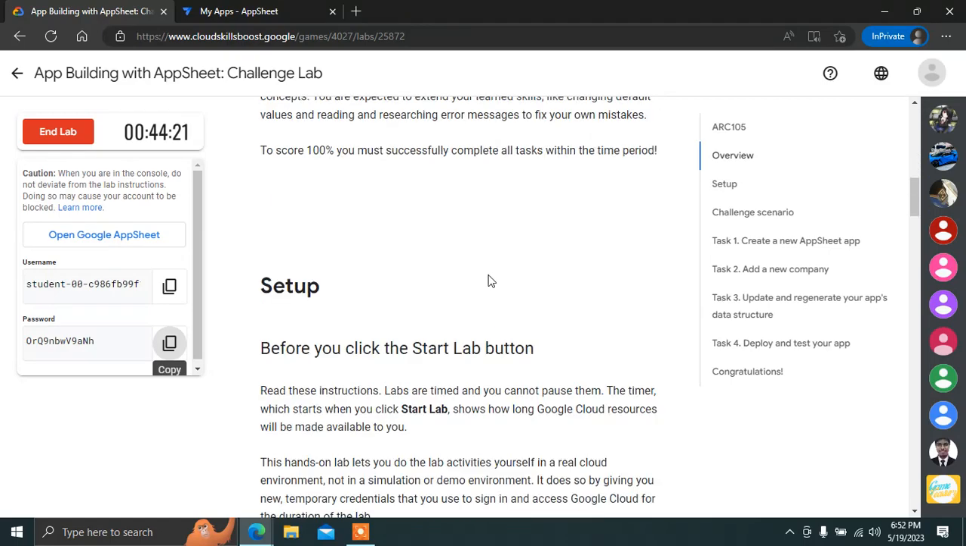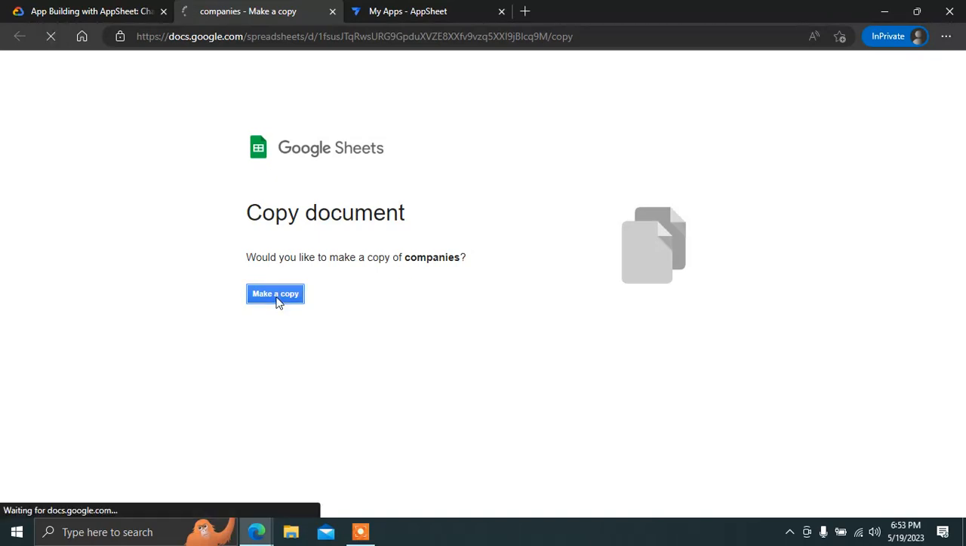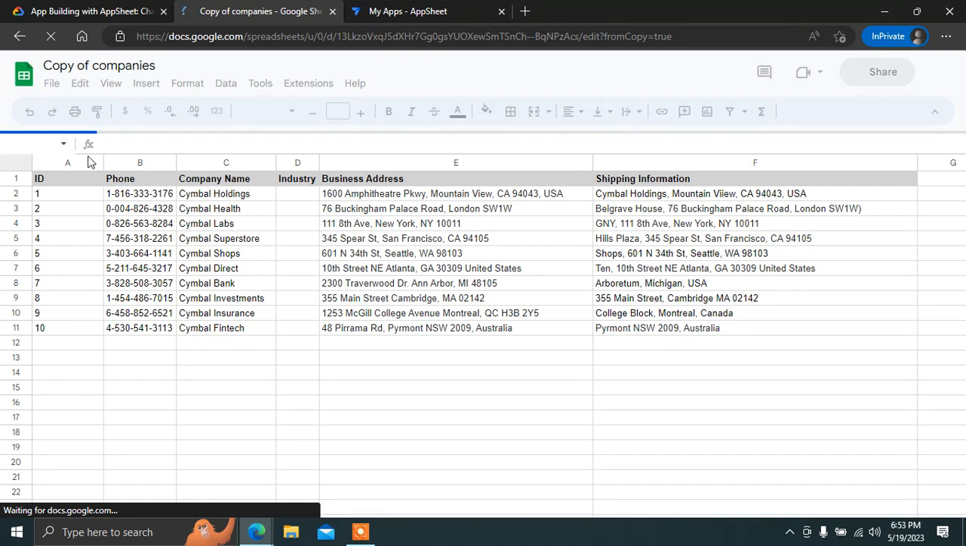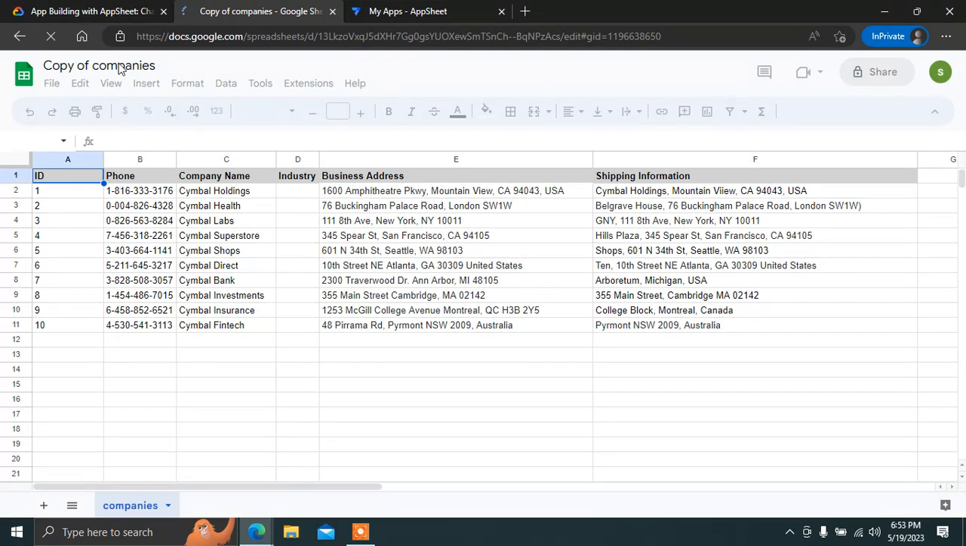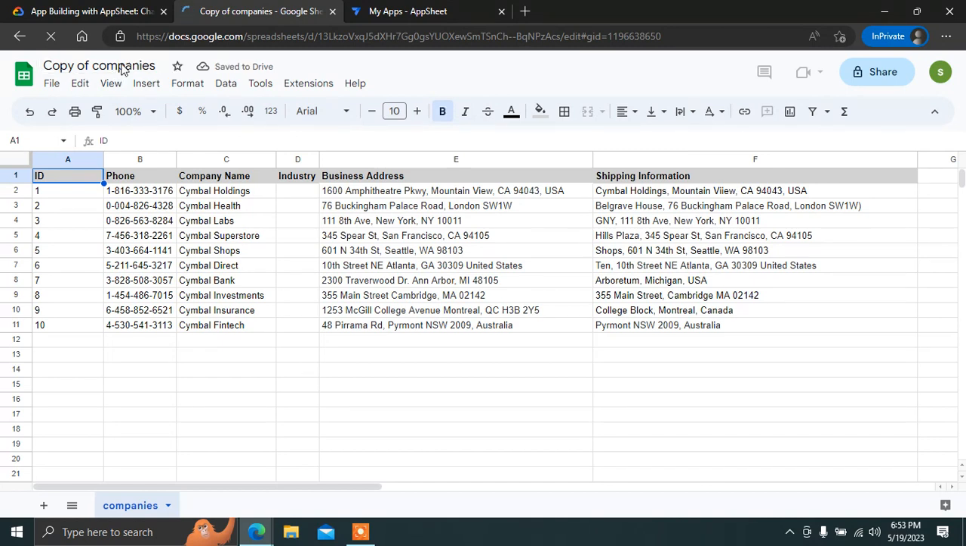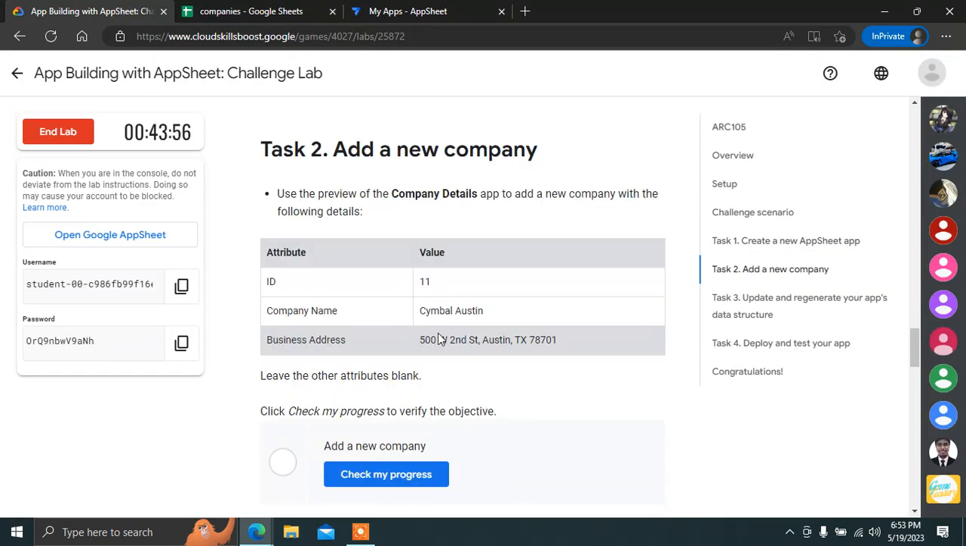Now you have to go and click a link. Yeah, this one. So click this link and click this copy button, and just wait here a little bit, let these things get ready. And the first thing you have to do is rename this file from copy of to companies. Okay, so after renaming this file, scroll down a little bit, go to task 2 and copy this company